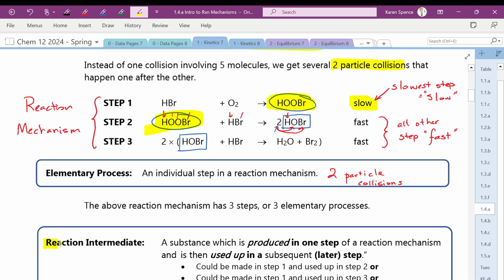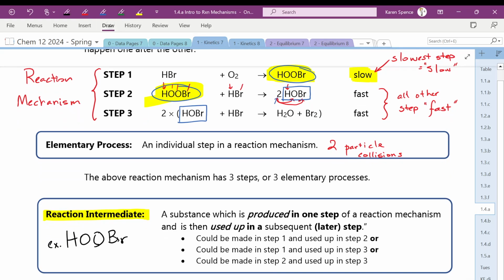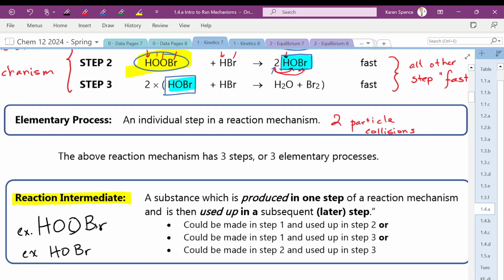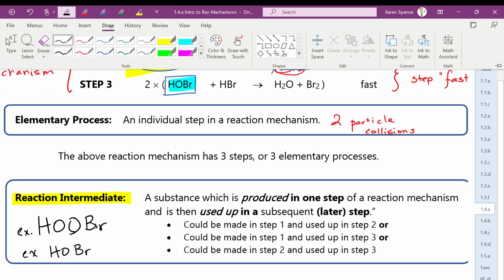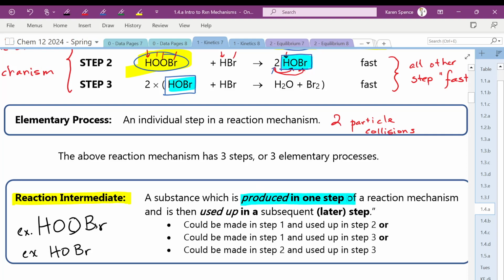So a reaction intermediate, like the HOOBr and the HOBr, is a substance which is produced in one step, and then later it gets used up